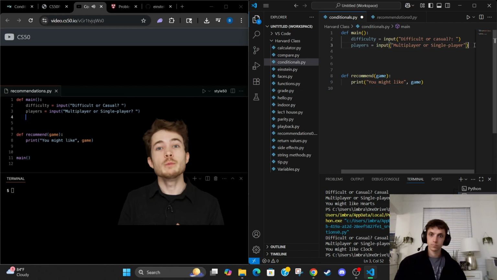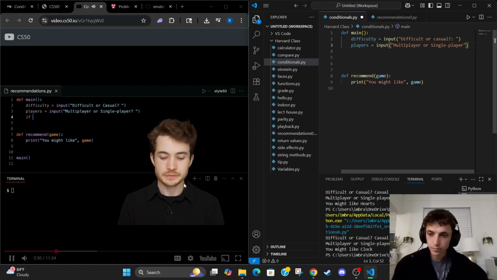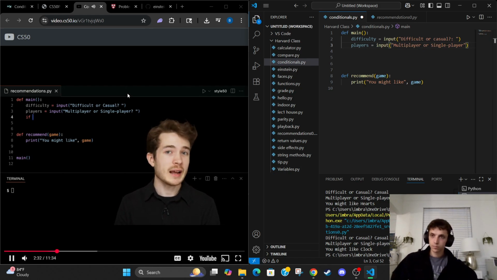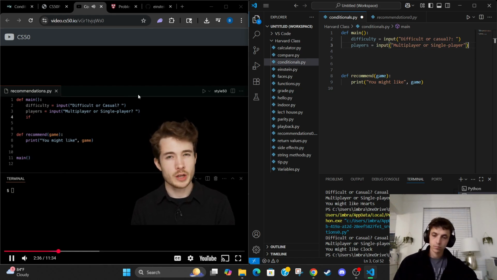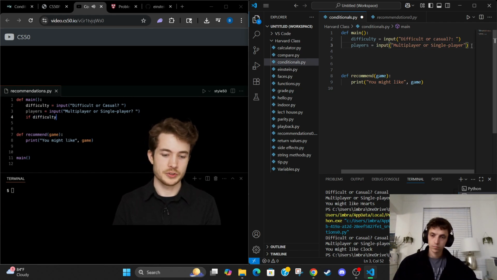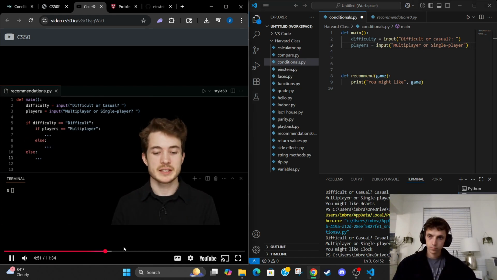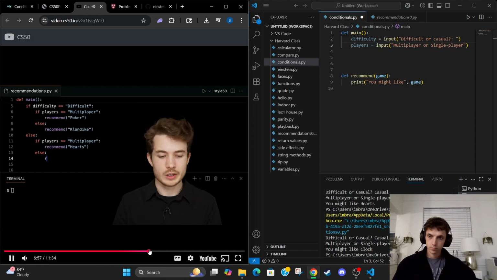And in Python, to make a conditional, we have this keyword called if. If is followed by something called a Boolean expression, more on those later, but essentially a question we can ask that has a yes or no response. Now, maybe the first question I could ask is, is the difficulty here equal to, in this case, difficult? That is, did the user type in difficult? If specifies casual, recommend one, maybe they don't want